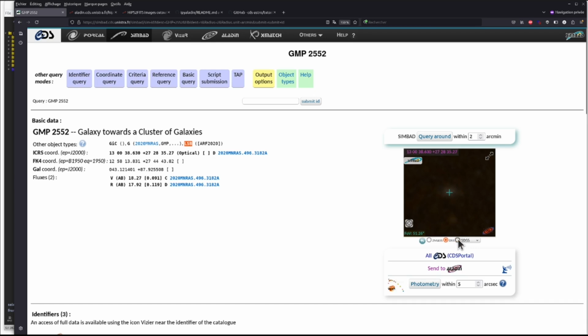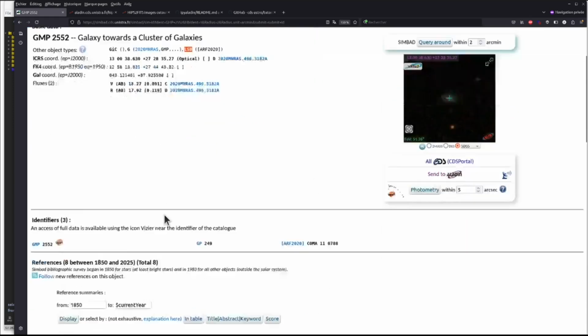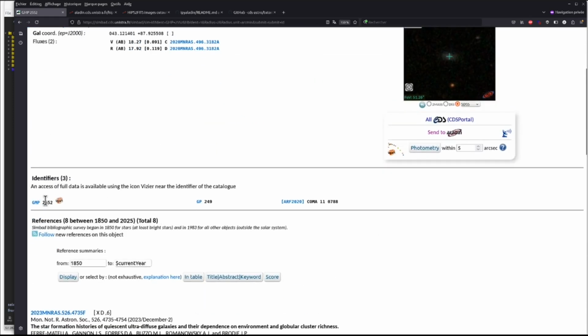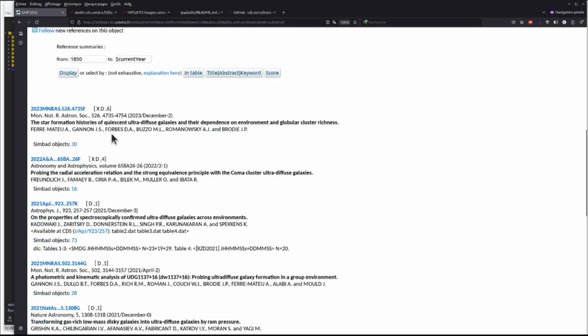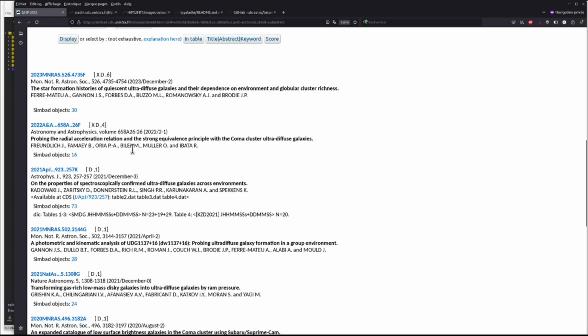It's very faint, so we see it a little better in the SDSS survey, but we will find other surveys where the galaxy is more visible. For this object, we have 3 different identifiers, as is often the case for astronomical objects, and we have 8 bibliographic references. If we look at the various references, we see that